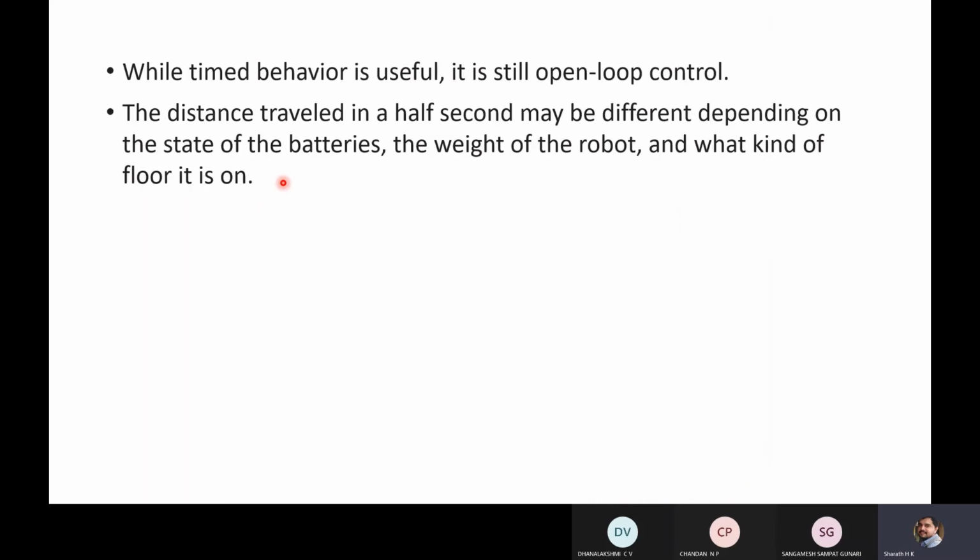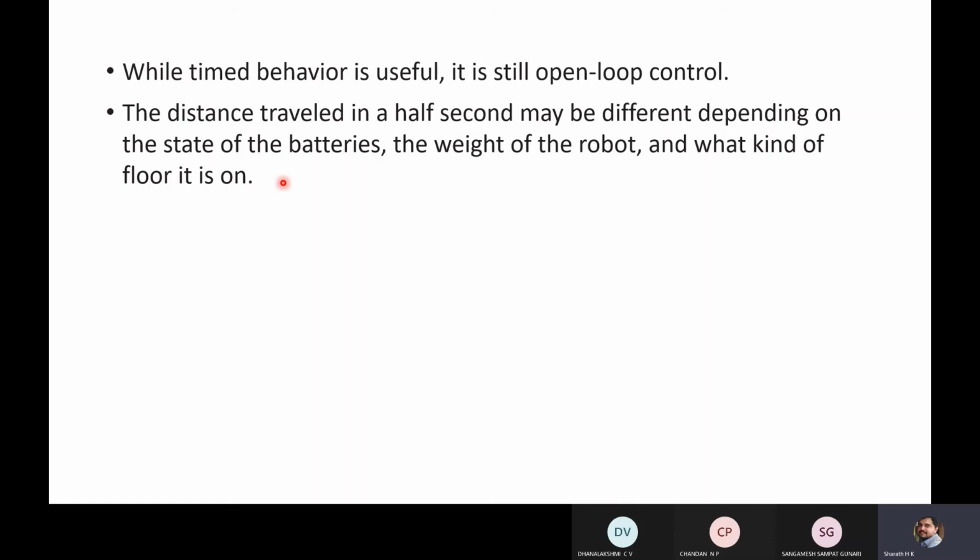In the previous case, you were not using any feedback. You were allowing the robot to move in a particular direction for a particular time duration, whereas you are not taking any feedback. For 1 second, it may move for 5 centimeter or 2 centimeter or 1 centimeter, depending on the circumstances, depending on the weight of the robot.